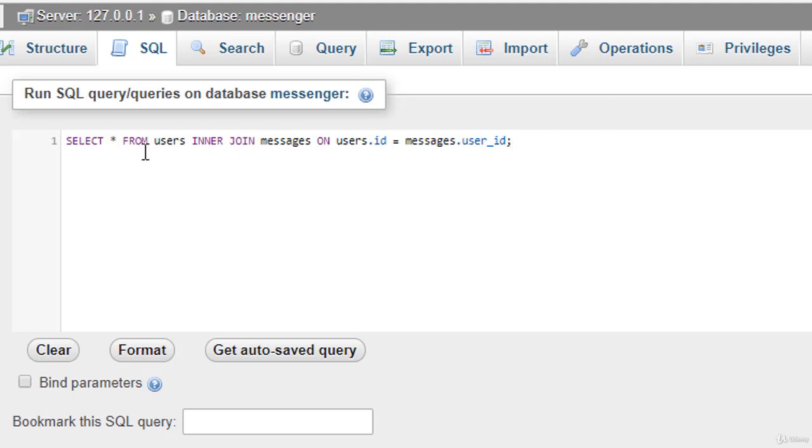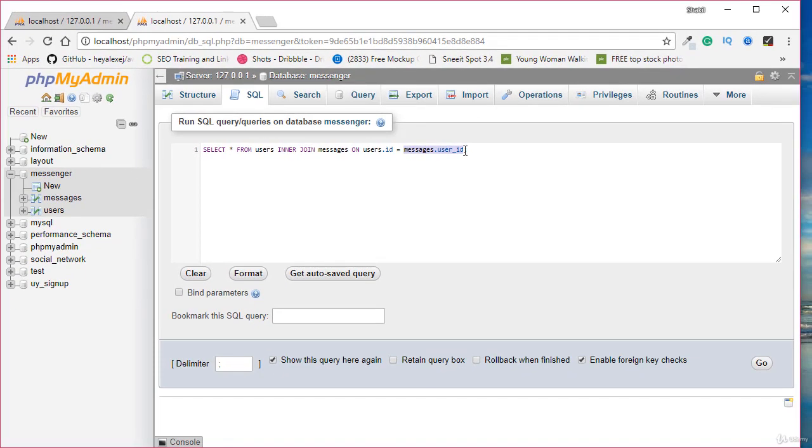Select all from users table inner join messages table, and here the on keyword, and here we have the condition. So if the users table id is matched with the messages table user id, then select the matching record.